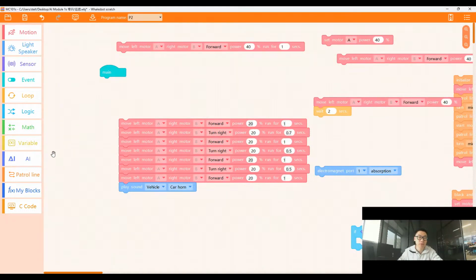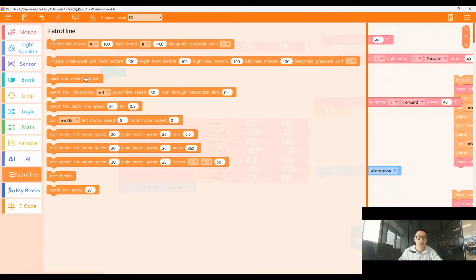It is the most useful part, the patrol line. The patrol line is for making the vehicle follow the black line on the map, and then it can accurately arrive at the task point and do the next move. So